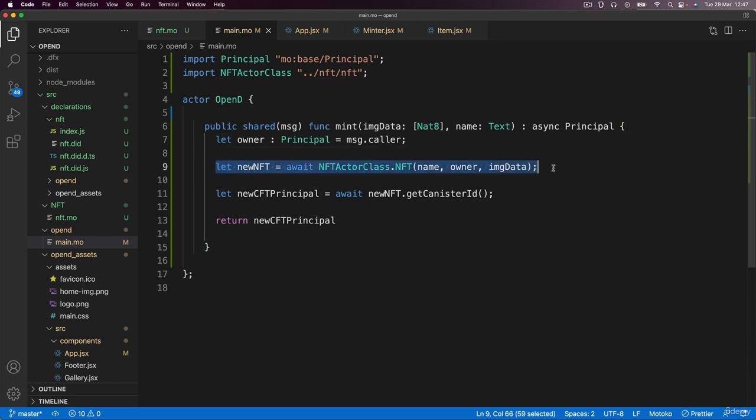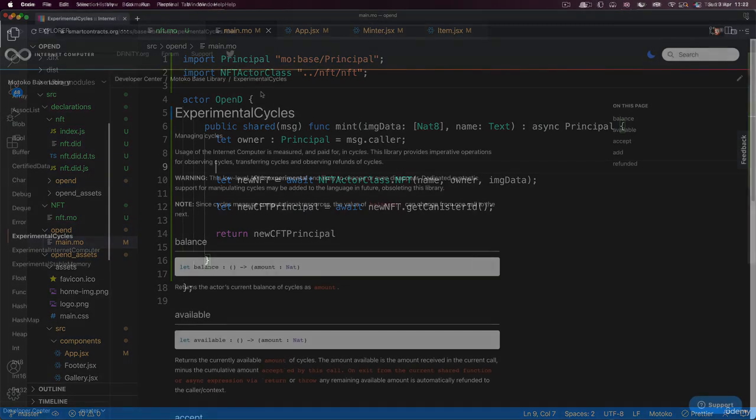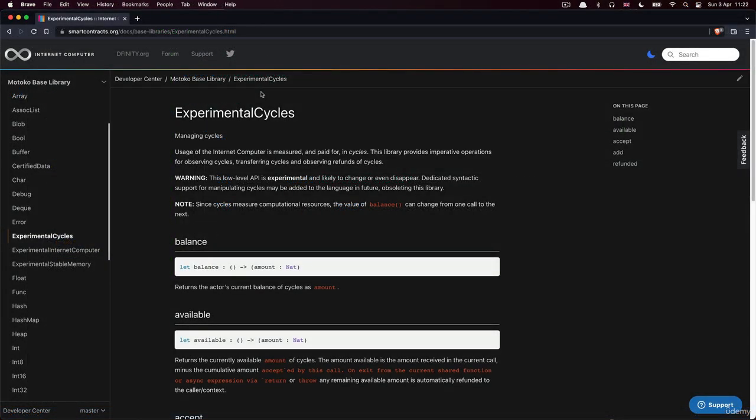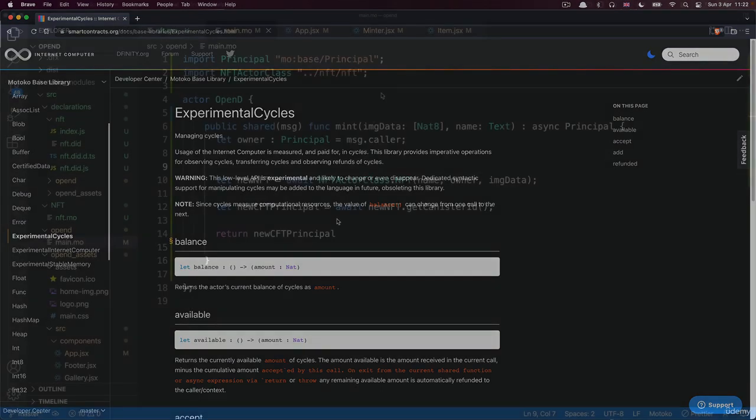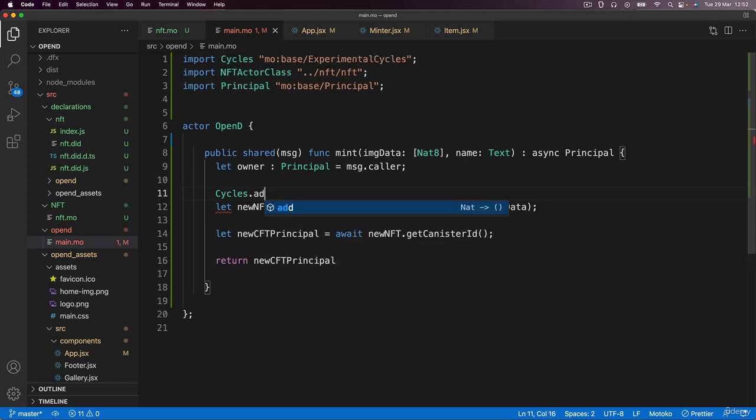But once we deploy this live onto the internet computer, we will need to make sure that it gets some cycles in order for it to actually be created on the live network. The way that we can add cycles currently, at least in 2022, is through something called the experimental cycles module. And the way that we do this is simply by writing Cycles.add. And hopefully if you manage to select the add method and hit enter, it will automatically import the cycles from